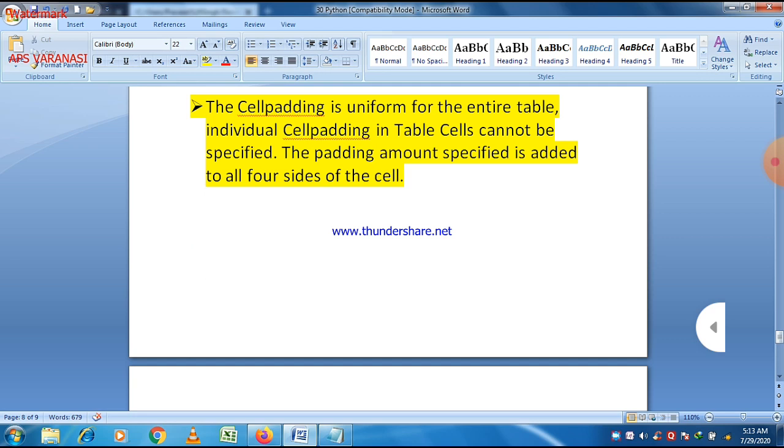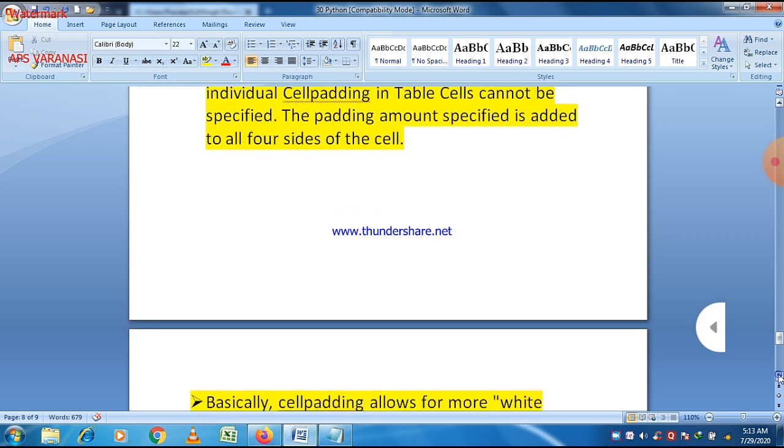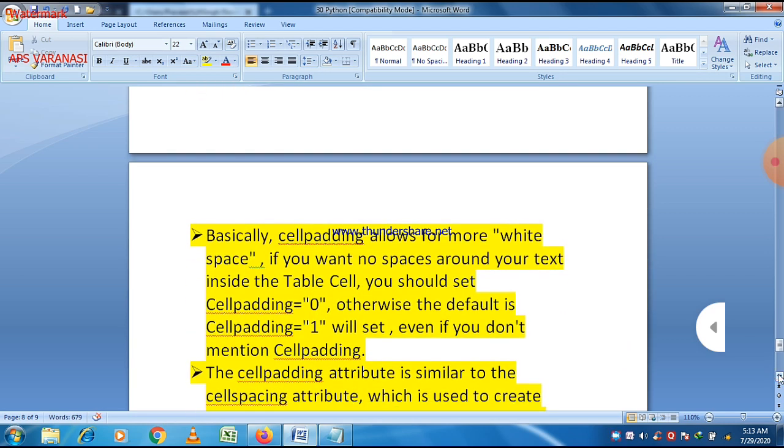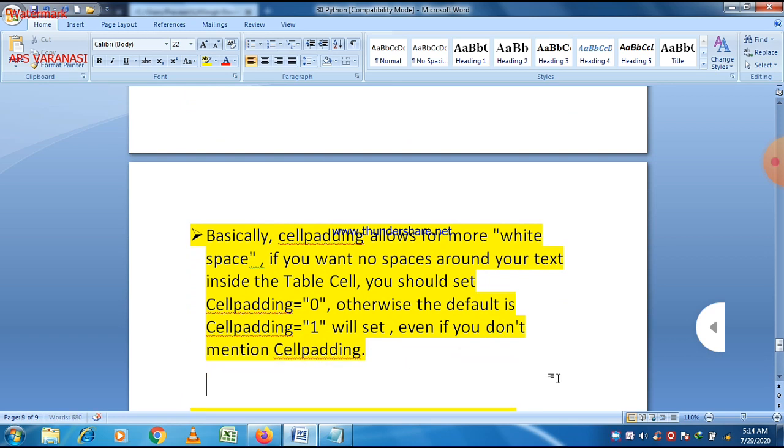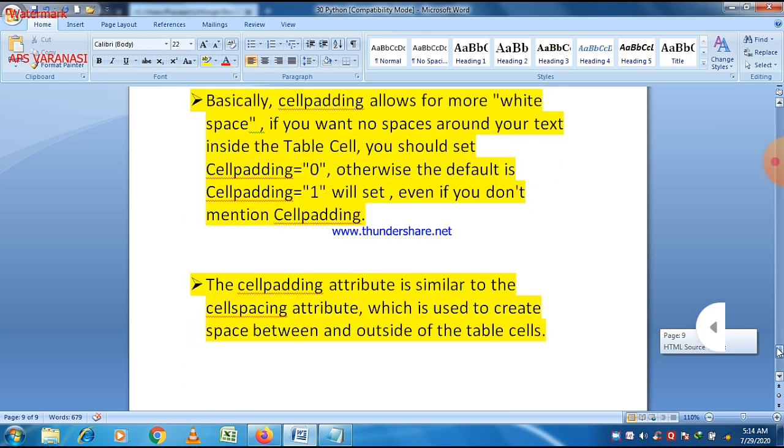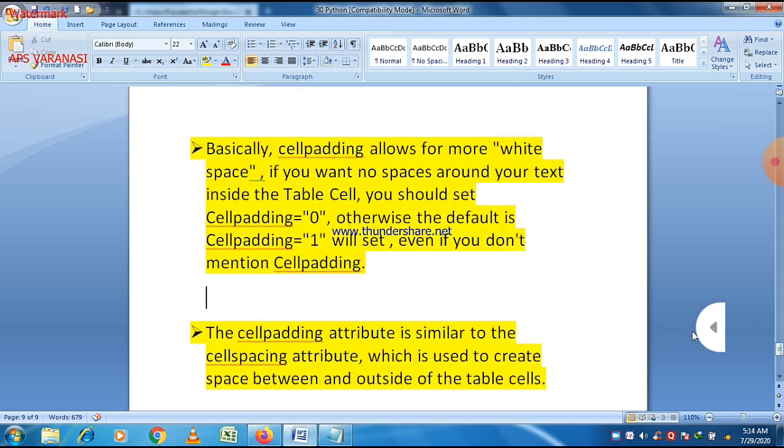Cell padding is not for an individual cell, it is applied to the whole table. If you want no space around the text inside the table cells, you should set cellpadding equal to 0. Otherwise the default is cellpadding equal to 1.